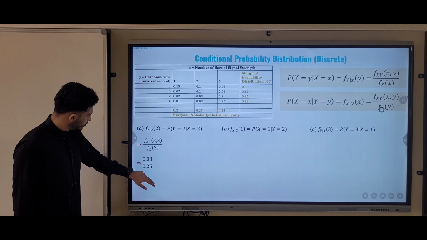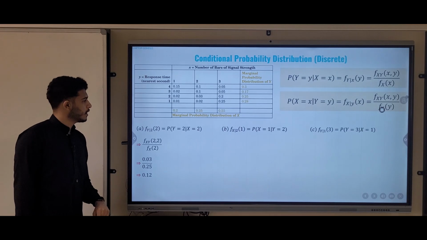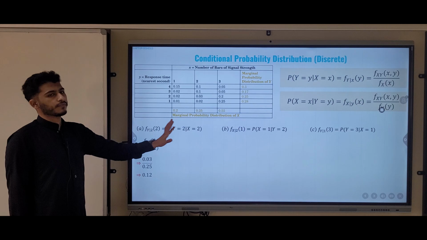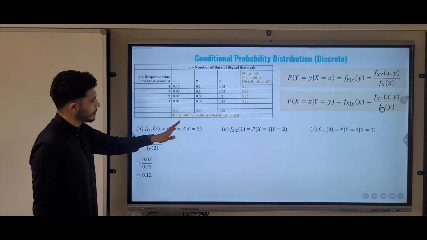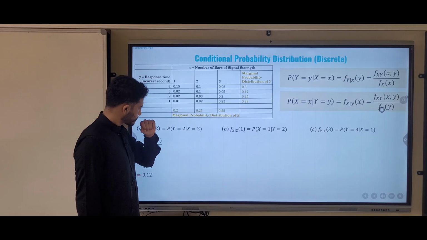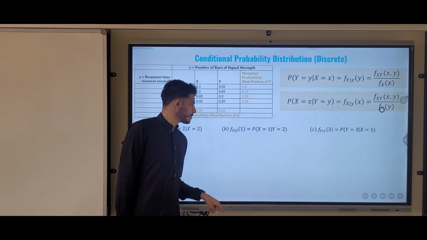So it should be 0.03 divided by 0.25, and this should be the answer, or the probability that you're looking for at the end. I think by solving this one, you can solve the rest. So if you want to solve the rest, you can pause the video, because I'm going to solve them in 3, 2, 1. So for this one, basically implement the same formula, find the joint probability between them both, and